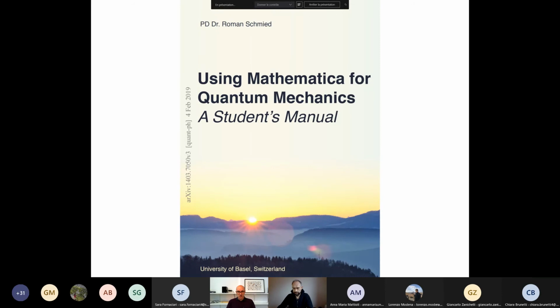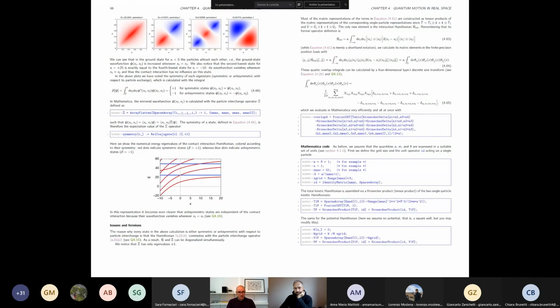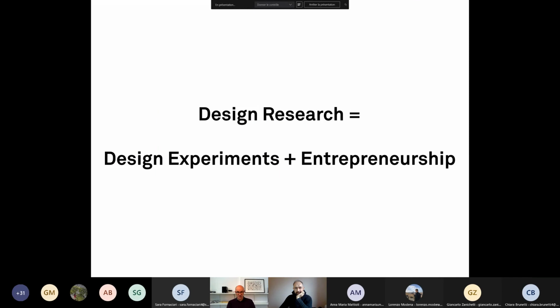Just think of John Cage. Just think of, I don't know, Luigi Nono in Italy, or some of these amazing composers. It's not just about tools, it's again about concept. And this is why I very consciously chose Mathematica as my favorite platform. As you can see here, if you want to do quantum physics, yes, you can do quantum physics, even if you are not obliged to do something like that.